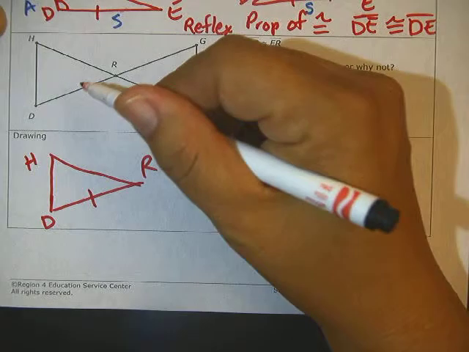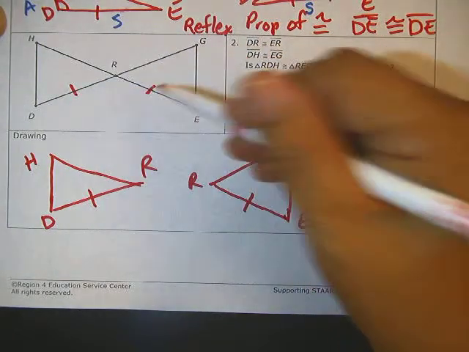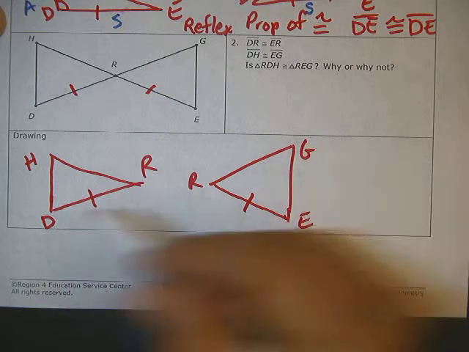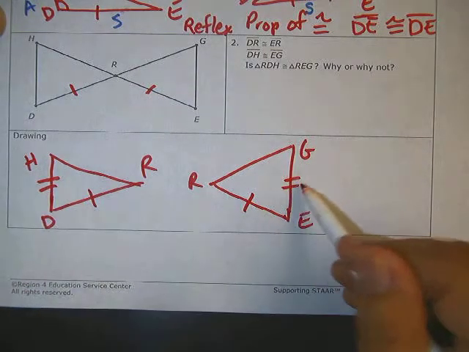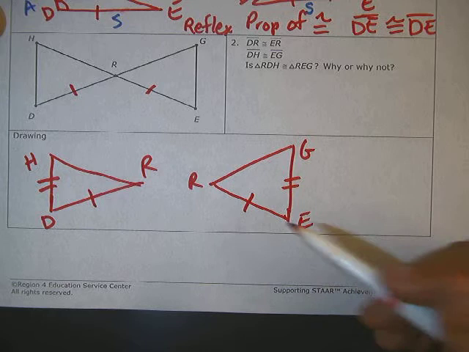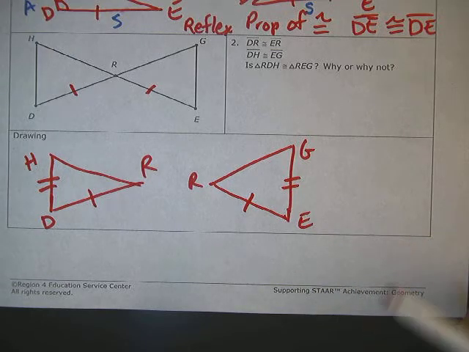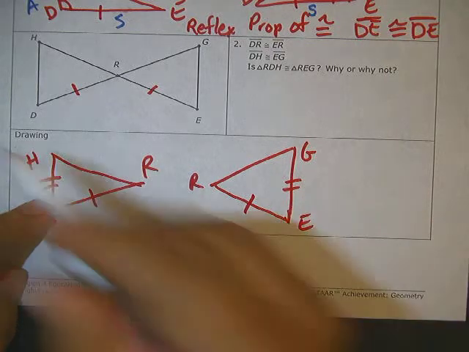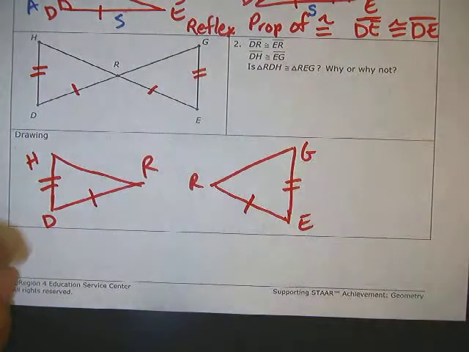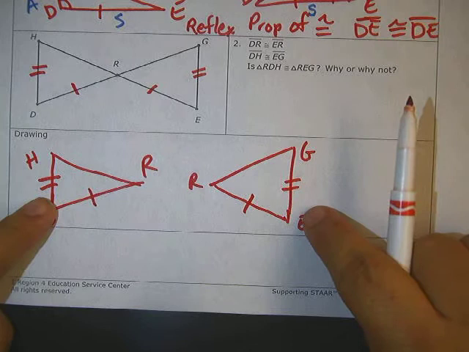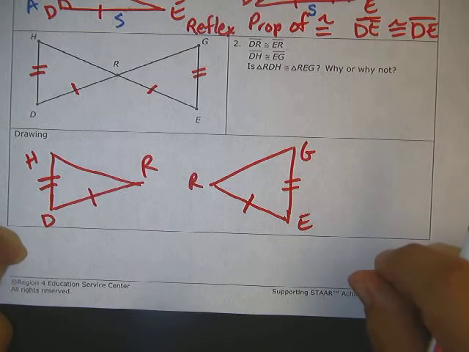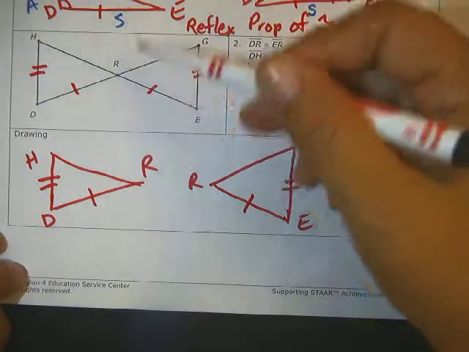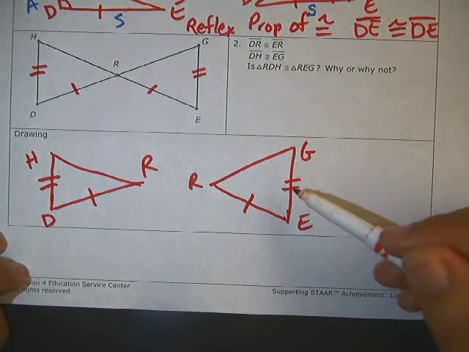And if I go to my original drawing, go ahead and mark that. DH is congruent with EG. DH is congruent with EG. Are these 2 triangles congruent? If you look at them here, there's no real reason to think, sorry, I forgot my marks up here. If you look at them here, there's no real reason to think the 2 triangles are congruent because you only have 2 sides. But if I look at this one up here, there's another relationship that I can see,